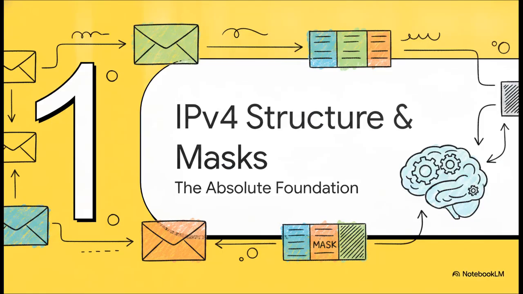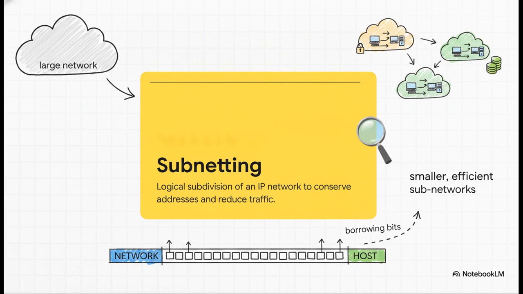Section 1. IPv4 structure and masks, the absolute foundation. At its core, subnetting is just the practice of dividing a single large network into two or more smaller, highly efficient subnetworks. We do this by simply borrowing bits from the host portion of the IP address. And the primary motivations here? Well, it's really about performance and conservation. You want to contain broadcast traffic so your network stays lightning fast, and you absolutely have to allocate your limited